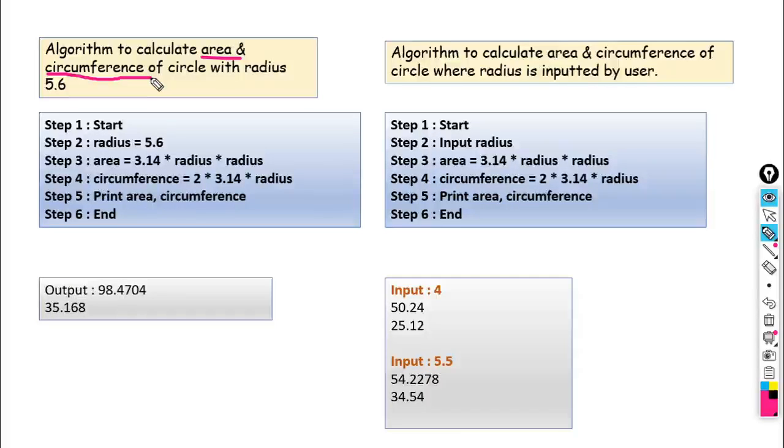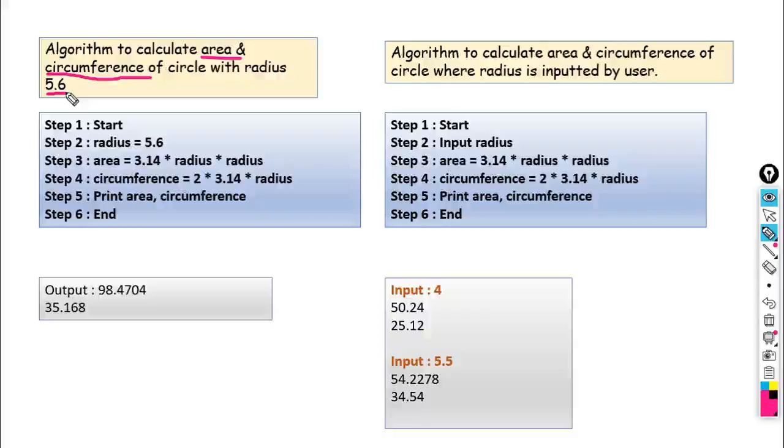So you know what types of variables we can enter through the algorithm or through the program. Integer numbers are there, real numbers, which means float numbers, are there. We can enter a single character value, and we can enter a group of characters, that is the string. Here we consider a floating point value. What is the constant value here? 5.6. The radius 5.6 is given, and we want to calculate area and circumference of a circle.